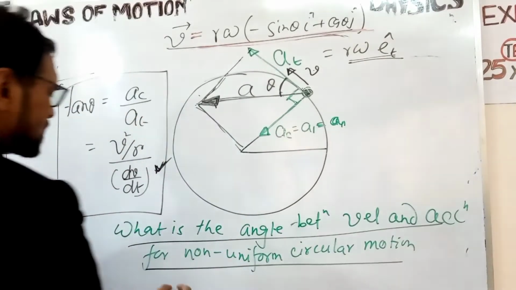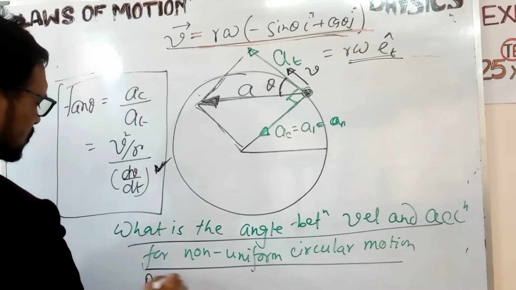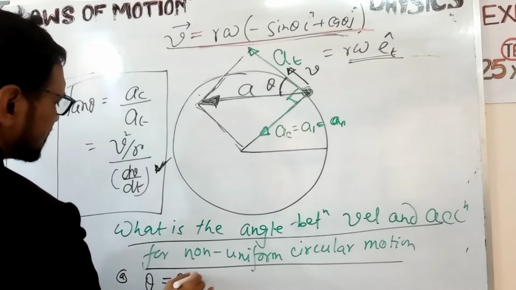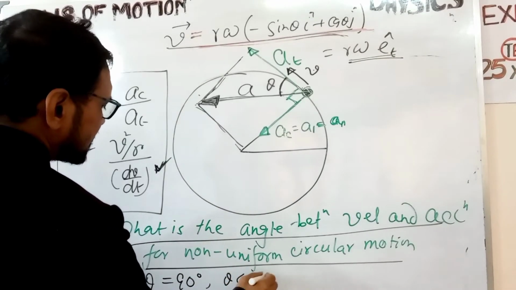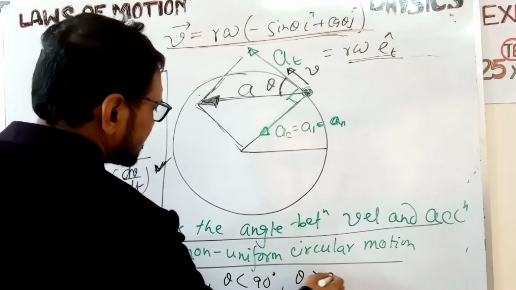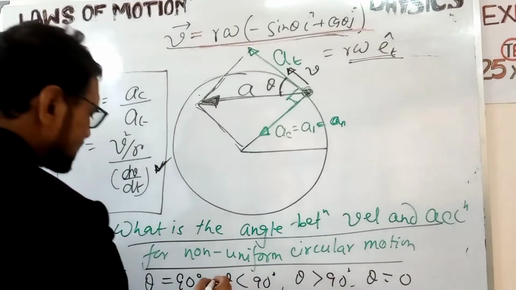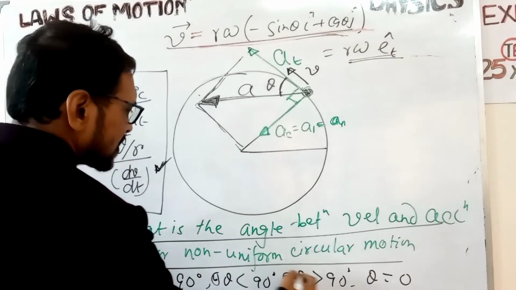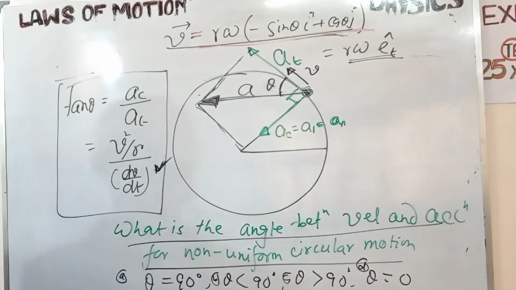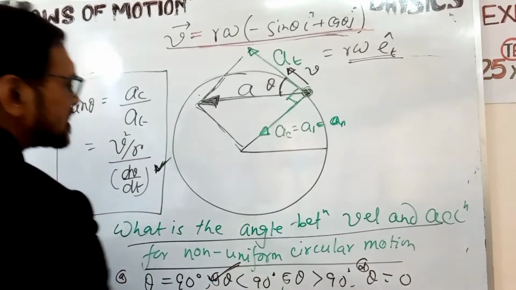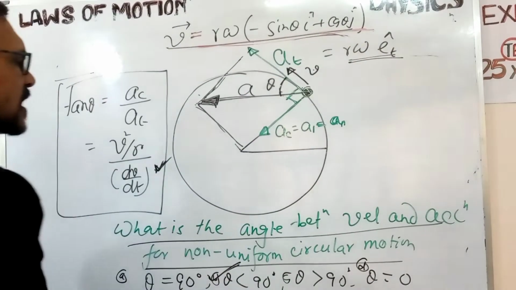So the question is whether theta is 90 degrees, or theta less than 90 degrees, theta greater than 90 degrees, or theta 0. So the answer is theta less than 90 degrees. This is an MCQ type question, so the answer will be theta less than 90 degrees. This theta is an acute angle